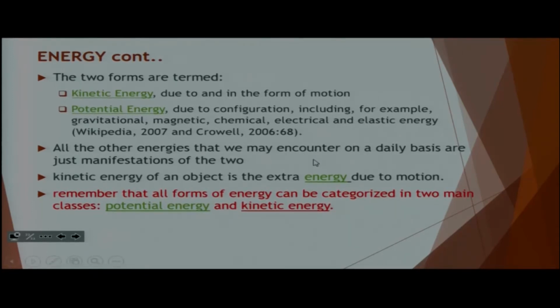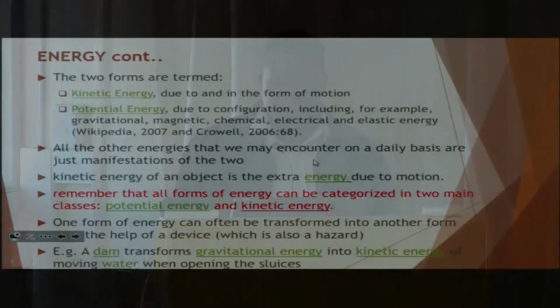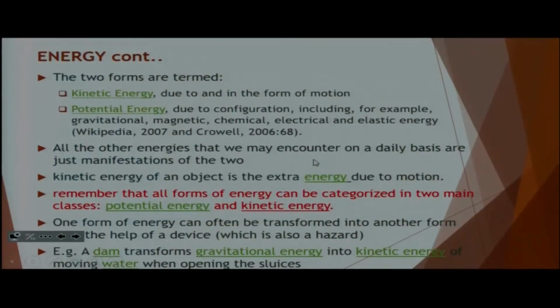Remember that all forms of energy can be categorized into two main classes: potential energy and kinetic energy. One form of energy can often be transformed into another form with the help of a device, which is also a hazard. Example, a dam